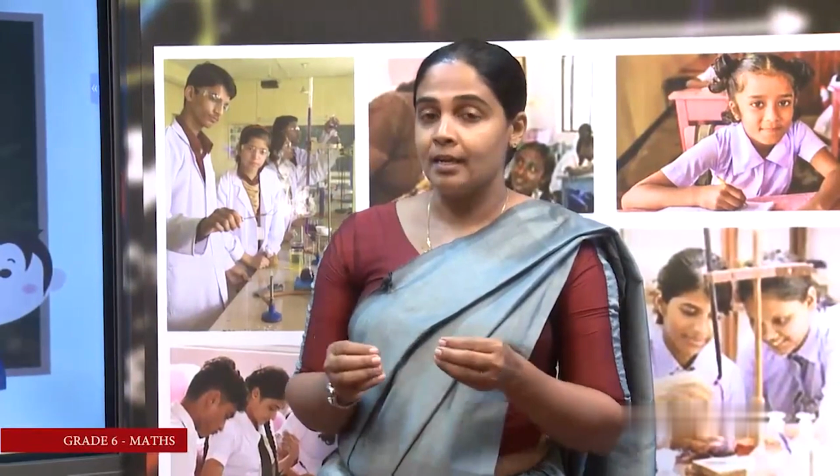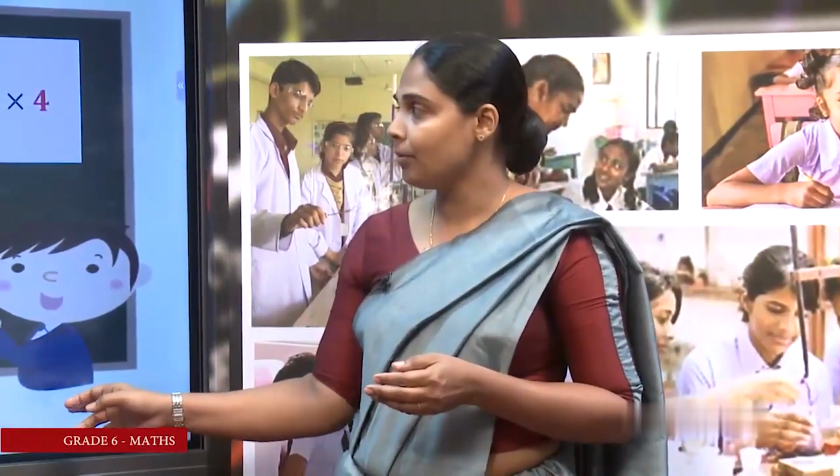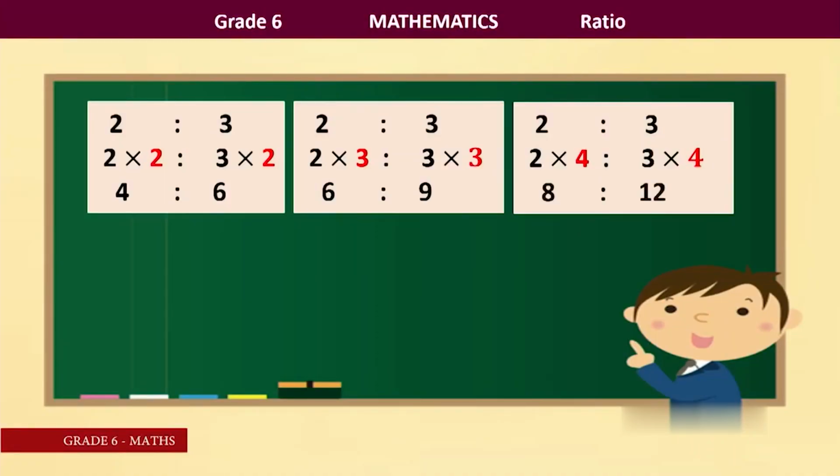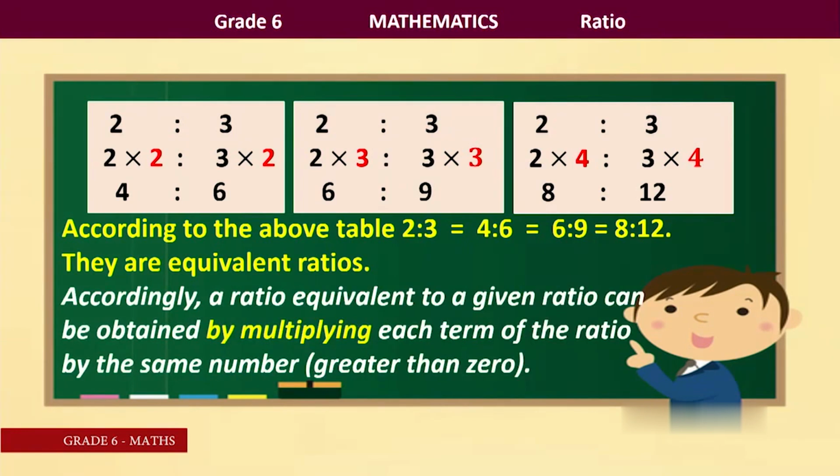Then there are many equivalent ratios for a given ratio. Here I multiplied it by 4. Then answer, 8 to 12. Then what is our method? Then these are equivalent ratios: 2 to 3, 4 to 6, 6 to 9, 8 to 12. They are equivalent ratios. Then you can obtain equivalent ratios by multiplying each term of the ratio by the same